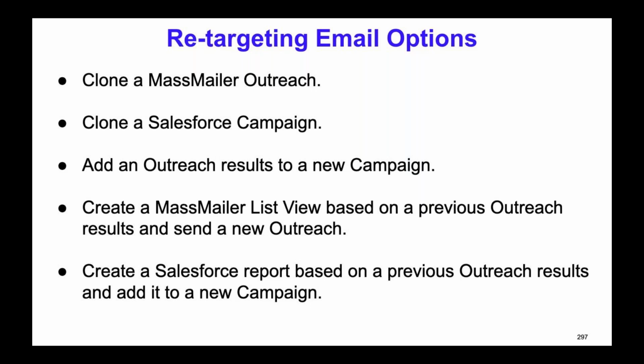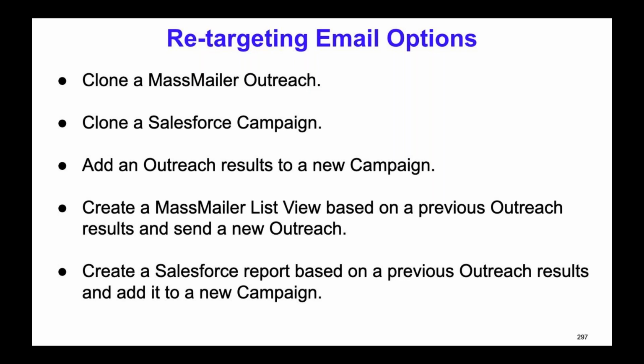MassMailer list view advanced feature, where you could apply filters on the email status object that is related to any object, whether it is lead, contact, opportunity, case, or any custom object. You would always see the MassMailer email status object related. So you can filter based on the opens or clicks of a MassMailer email status related to the specific object, and that could be a target audience. That's